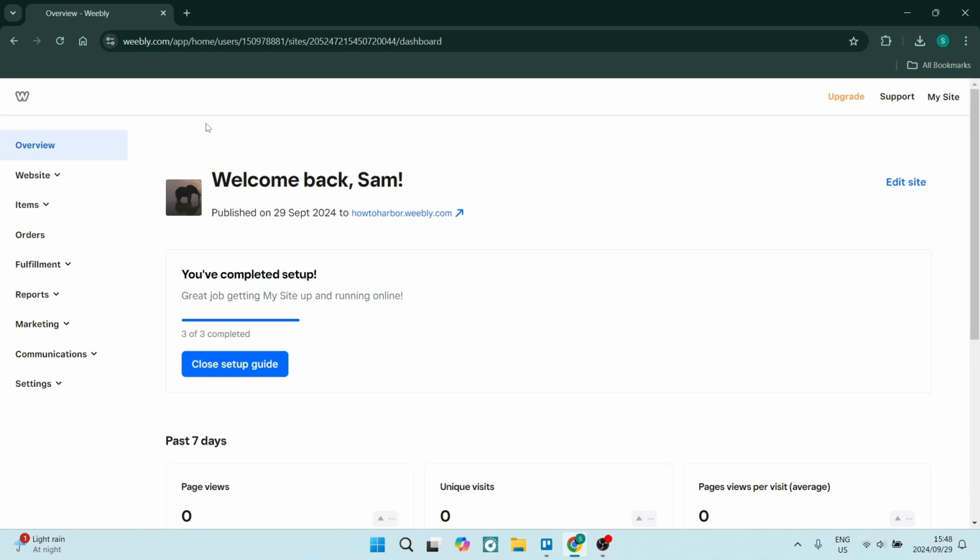If you need to receive payments on your Weebly website or online store, I'm going to show you how to add that payment method so you can get it done and get your money. Let's dive straight in. So right over here from your dashboard, you're going to go over to the left-hand side